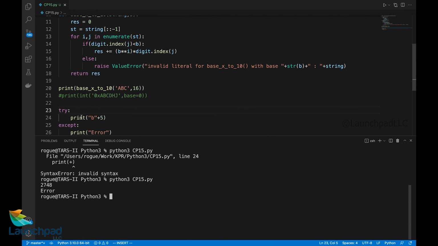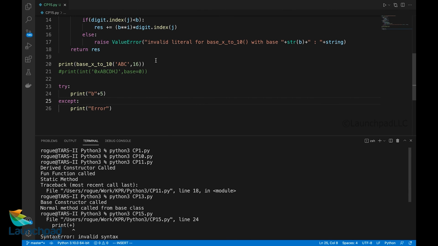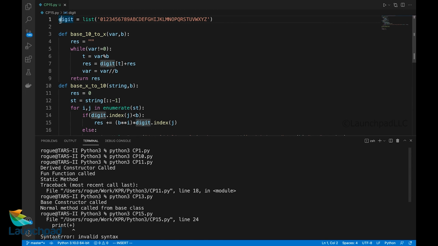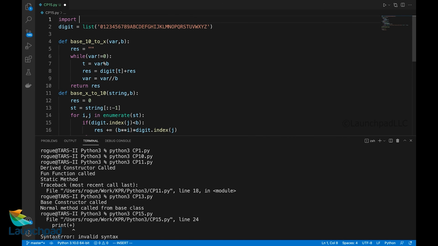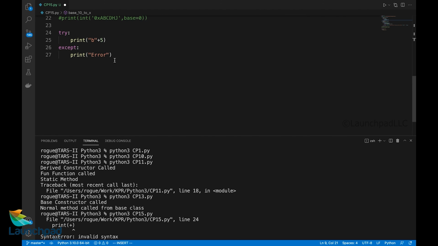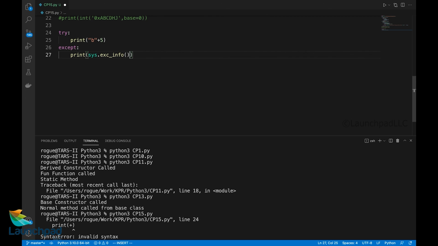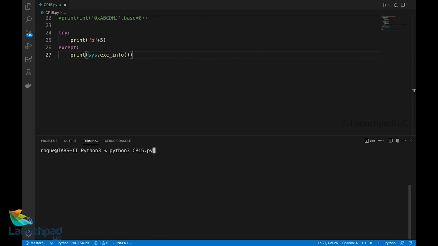Now here we have raised an error, adding a number to the string is not possible. Since an error has occurred, the execution went down to the 26th line and simply printed error. Now in order to see what type of error we have raised, we have to make use of the sys module. Print sys dot exc_info, which is a function that prints a lot of detail about the kind of error we have made.